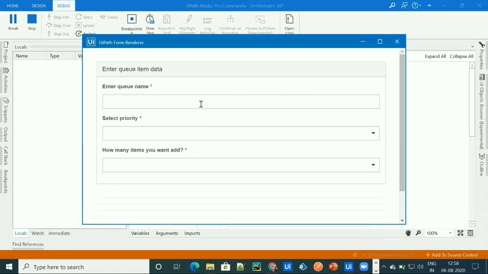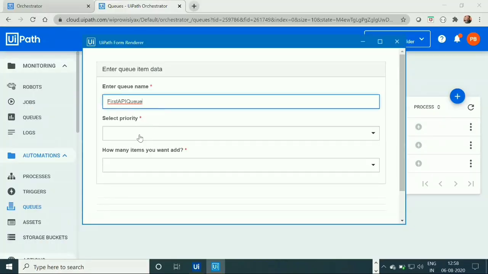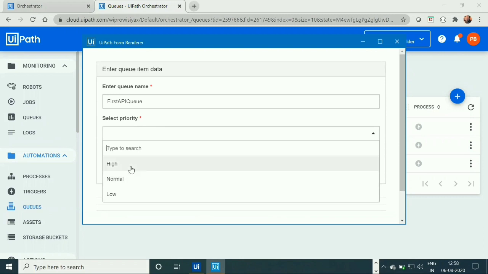This is the form in which the user needs to give some input, which is the queue name in which the user wants to add data. I'll say my queue name is first API queue. Then priority, which is the priority of that item. Let's say high.